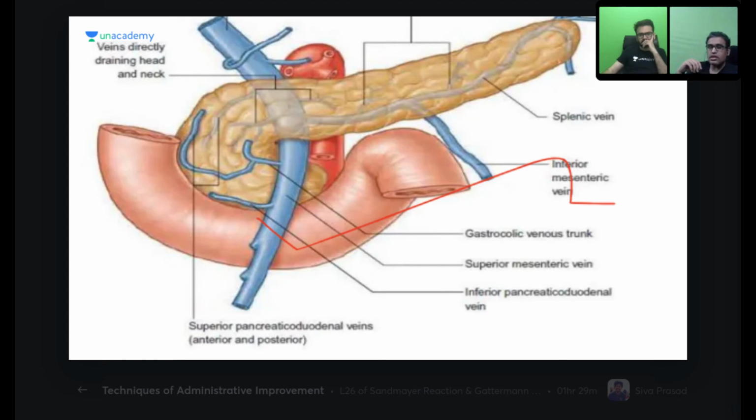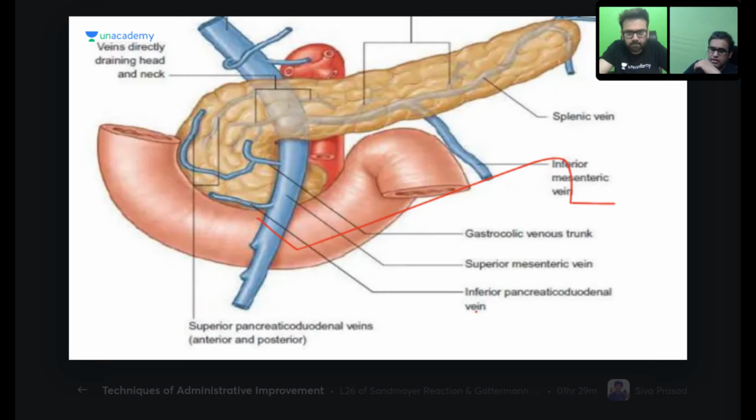So if the question comes, which of the following are the direct tributaries of the portal vein, except, or which of the following is a direct tributary, do remember the posterior superior pancreaticoduodenal vein is a tributary of the portal vein. If that is not in the detail of the question, go with the superior pancreaticoduodenal vein. That you can also say if they are not dividing into anterior and posterior, that may drain into the portal vein. And the other parts, the body and tail, all their veins are draining into the splenic vein.